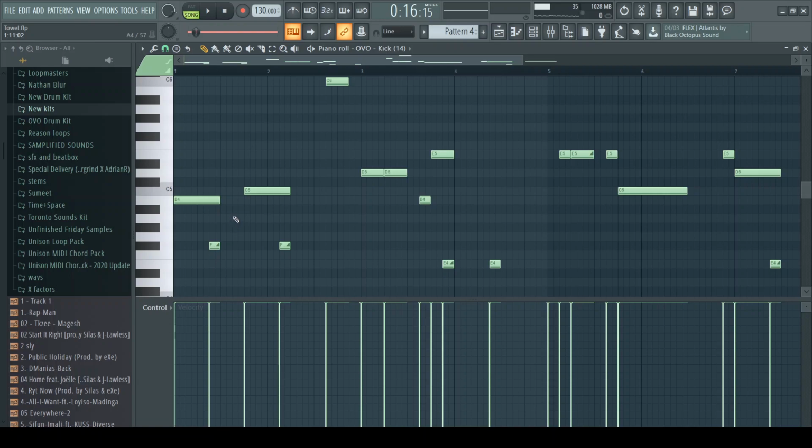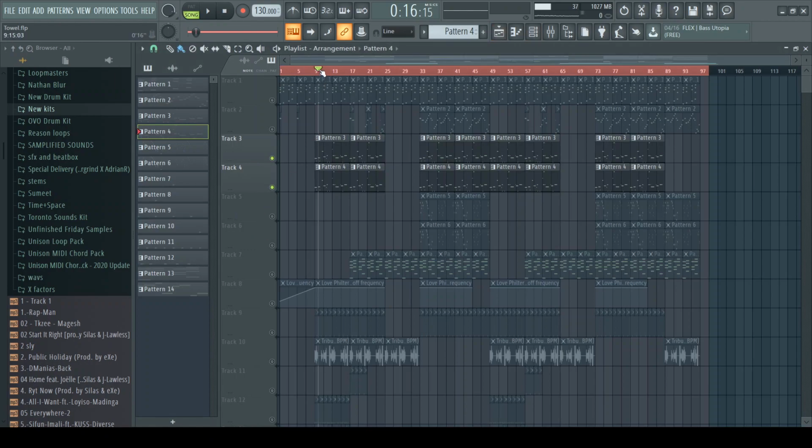I also wouldn't want it to hit different notes because as a sample, when you start changing the pitch, it affects how hard the punch will hit. So the punch of the kick or the bass of the kick, if you go too low or too high, you start to lose elements of it. So I prefer that it just knocks the same note. The tonal element I'll get from the 808. So they'll play ideally together throughout the track. You can see they're playing at the same time. So when I play them together,